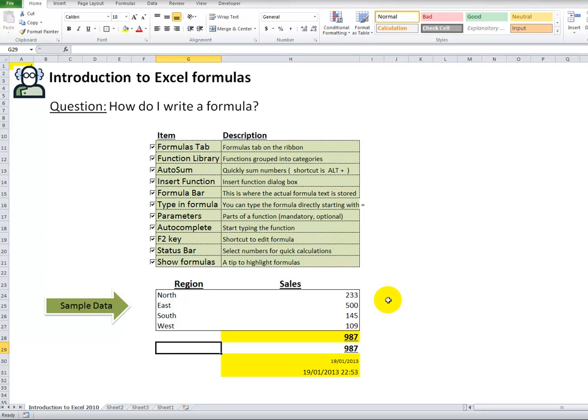So I'll be creating more videos showing you how to use many different functions and how to combine functions. You can put various functions in one formula. So I'll create those videos, and